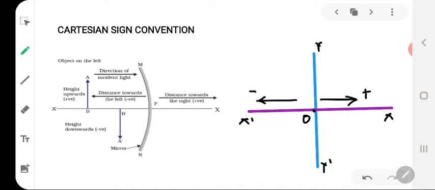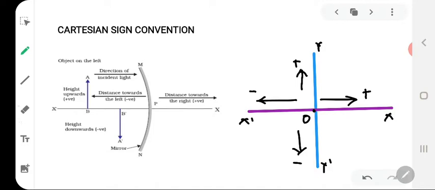Now what about the vertical axis? Whenever we are plotting any value above the origin in the upward direction, they are positive. And whenever we are going down the origin, values are negative. This is the basic way of assigning positive or negative sign to a value whenever we are plotting on a graph paper. Now, as I told you, exactly the same convention is going to be followed in case of spherical mirrors.